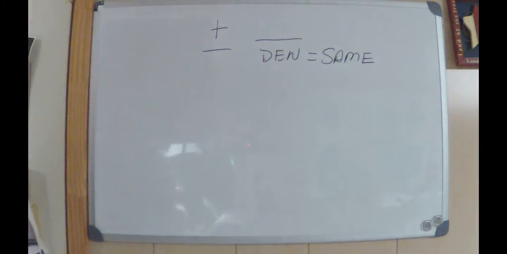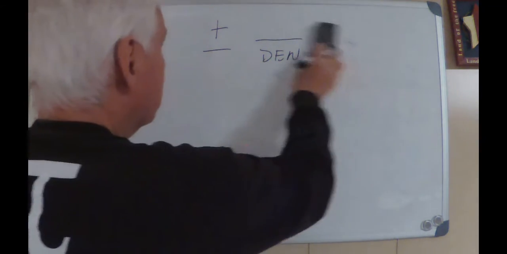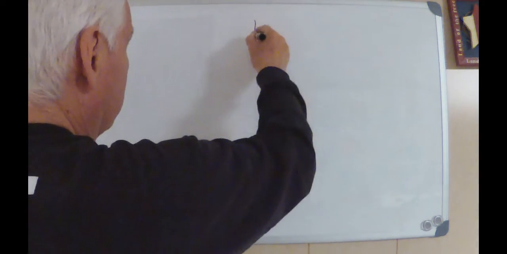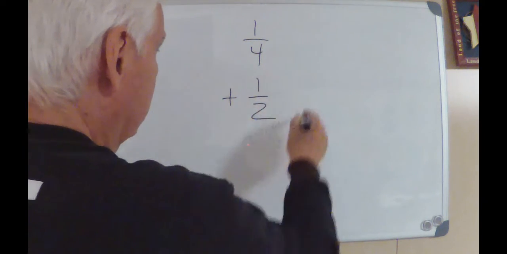Now, if we multiply or divide them, they don't have to be the same, but in adding and subtracting them, they do. So as an example, if we were going to add, let's say 1/4 plus 1/2,